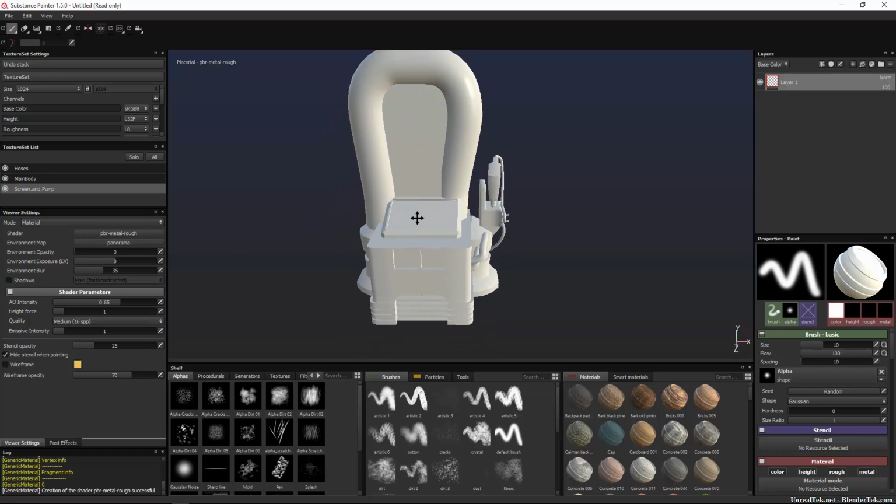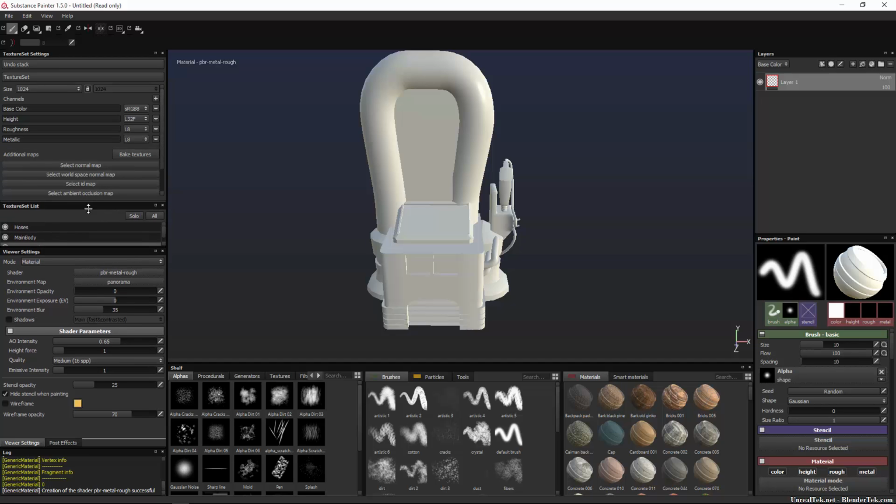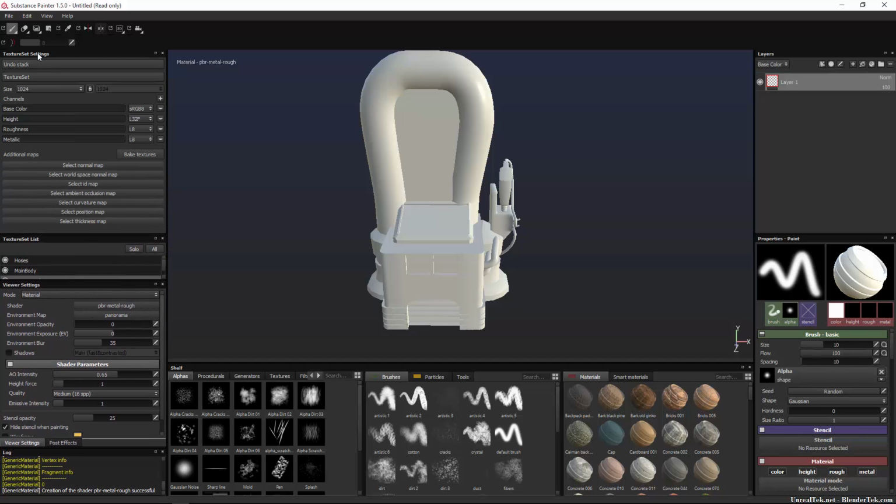Yeah, okay. So to bake textures, all you have to do, remember we have our texture settings up here, and this is our stock texture set: base color, height, which gets turned into a normal map and a height map, roughness and metallic. And if we want to, we can add more textures. For example, in this project, I'm going to want an emissive for glowing stuff. So I'm going to add an emissive layer so that we can paint with